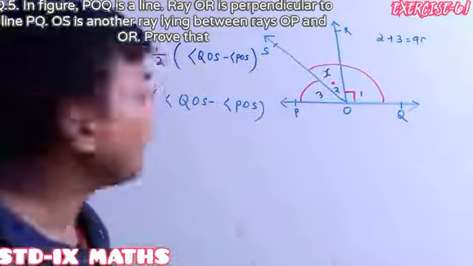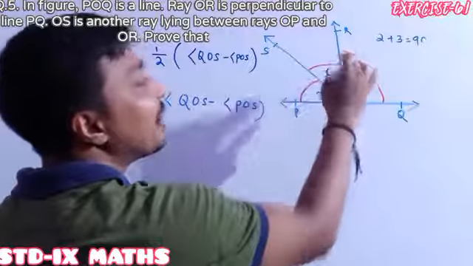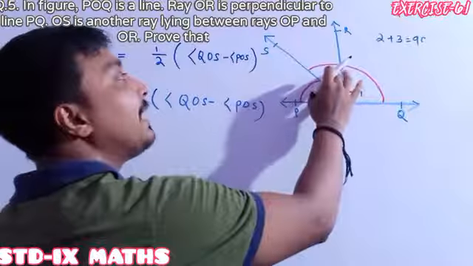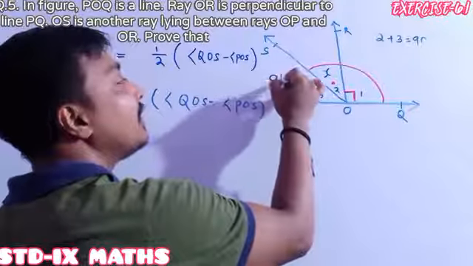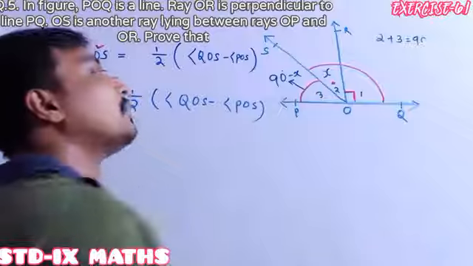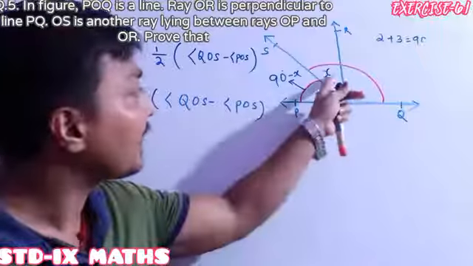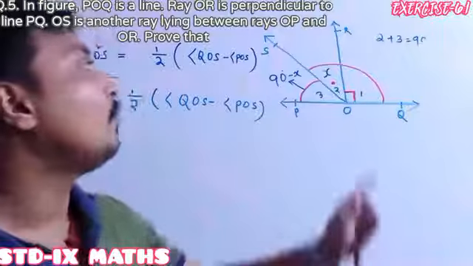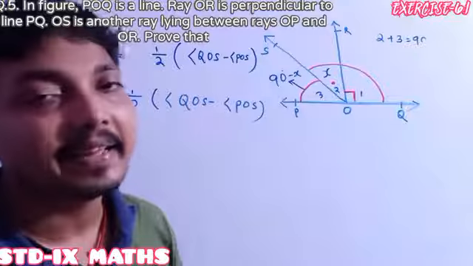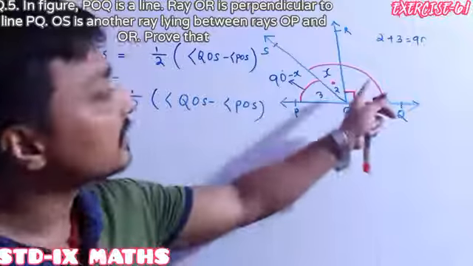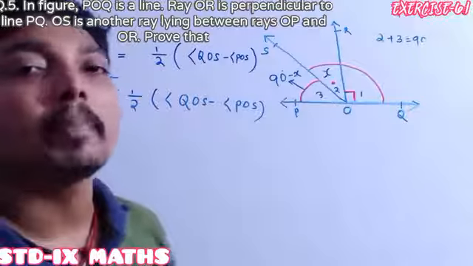All these things that I am saying, you just have to write in the proof. Suppose angle ROS is x. So angle 3 will be 90 degrees minus x, because the sum of both the angles is 90 degrees, and if one is x, then the other will be 90 degrees minus x. So this angle is known using the variable, and this angle is also known using the variable.